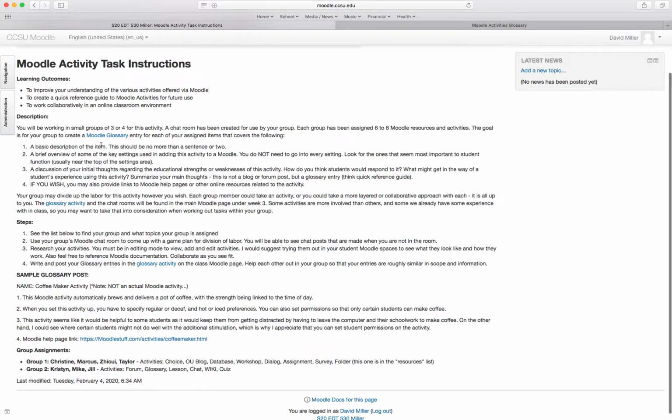The Moodle glossary entry itself is basically just going to give a quick overview of each item. So you'll give a basic description of the item. That should be no more than a sentence or 2. So this is just the very brief, this is what this activity does. Then you should go into a couple of the key settings. The way that you would take a look at this is I suggest using your student Moodles and adding an activity in, and then that'll let you see all of the settings